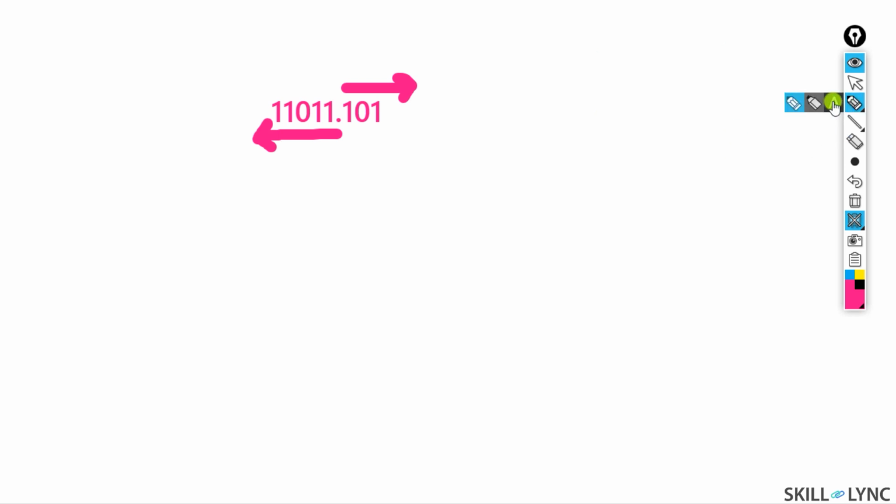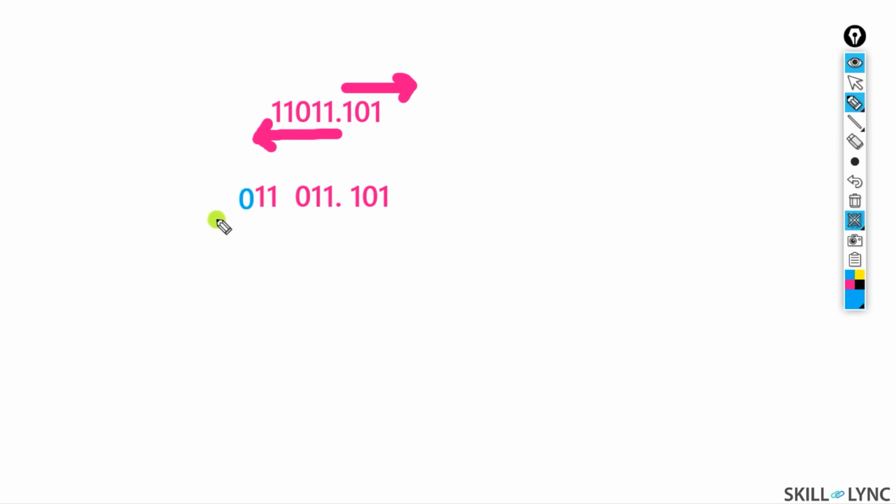Now let us see whether we have enough bits or not. When I divide 11011 into groups of 3 bits, it has 5 bits, 1, 2, 3, 4, 5, and when grouping by 3, the leftover 11 has only 2 bits. To make it 3 bits, we can simply put a 0 ahead of it.